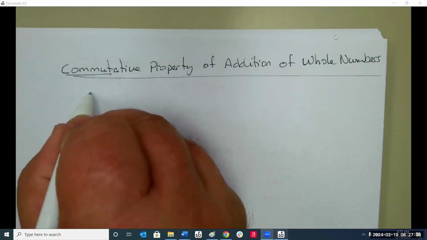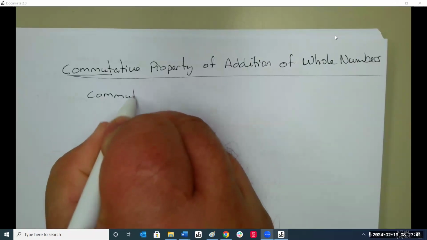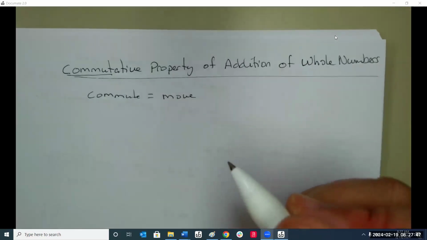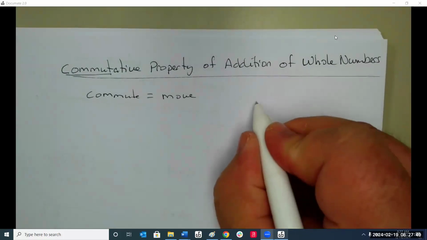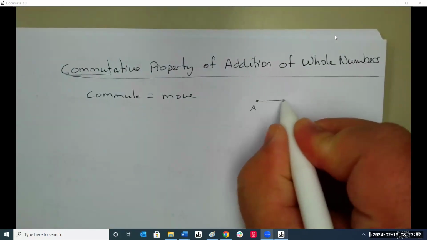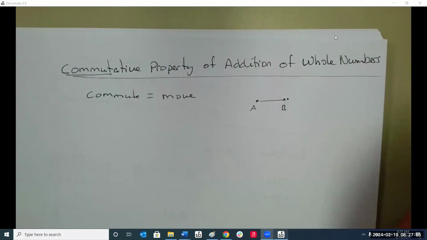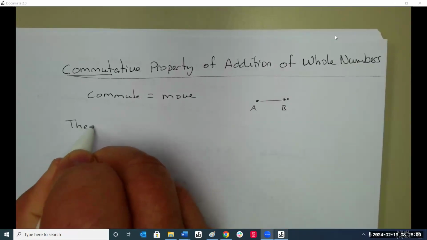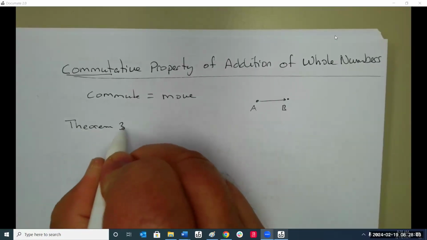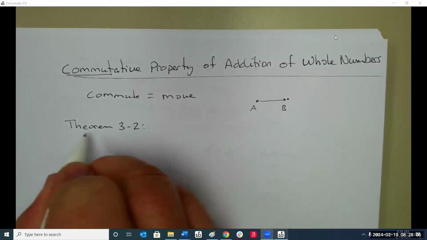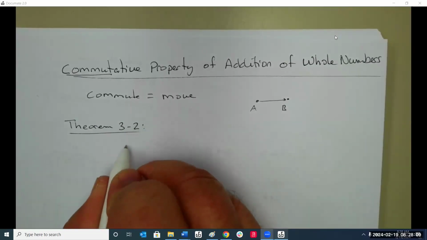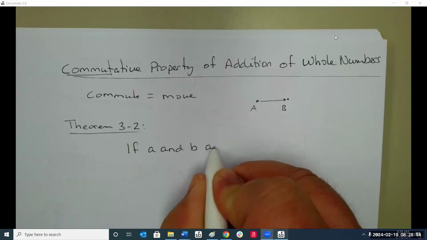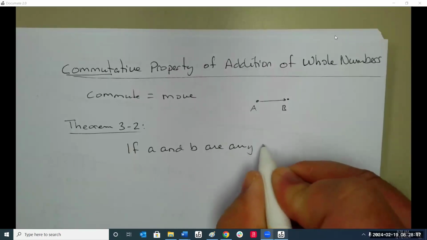To commute means to move. So when, let's say, a commuter train goes from point A to point B, it moves. So the commutative property we'll define as theorem 3.2. It says if A and B are any whole numbers,